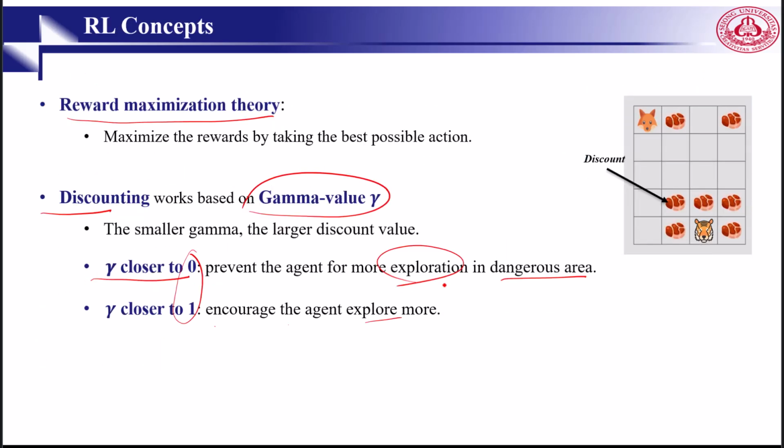Let me give you one example here. We have a fox here, and these are chickens, right? So this is meat, and the fox is very interested in eating chicken. If the agent moves from here to here, it will be +1. If it comes to here, it will be +1, right? If it comes to here, then it will be +1. But there is one big problem here. The problem is if the fox moves to this one, it will be eaten by this tiger, right? So this one should be avoided. This is decided by the discount factor, or gamma.